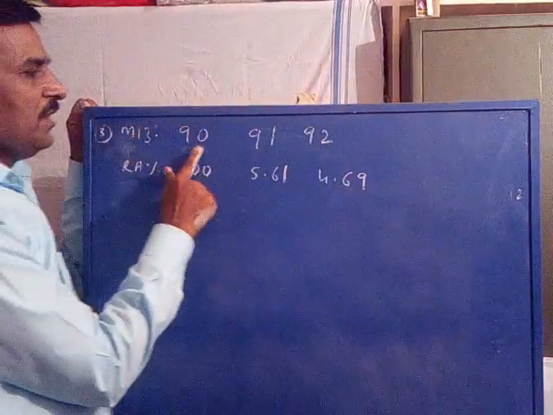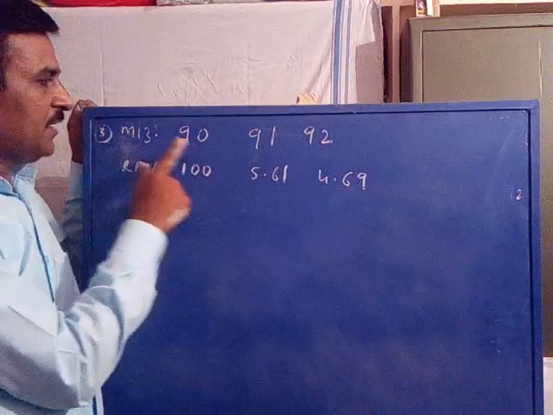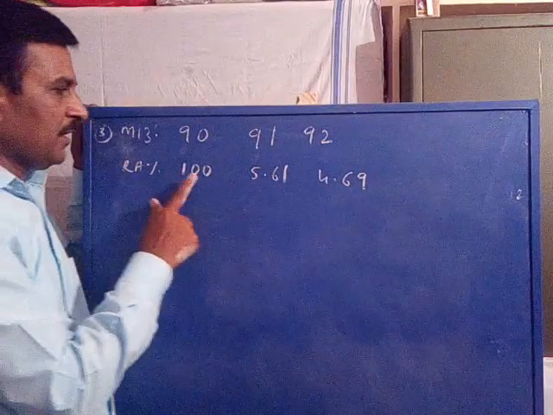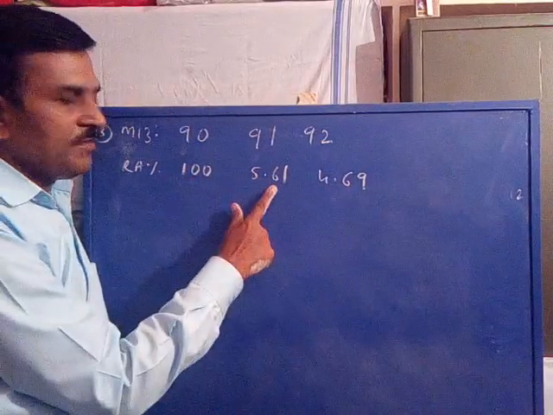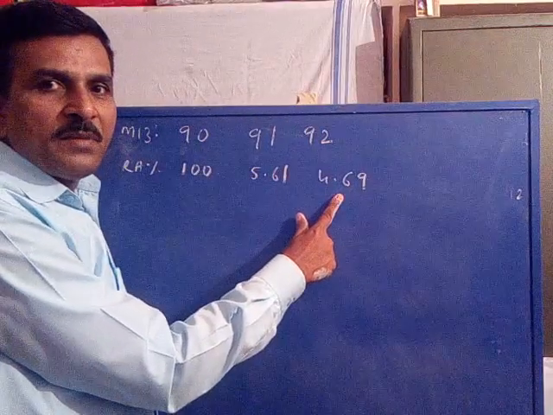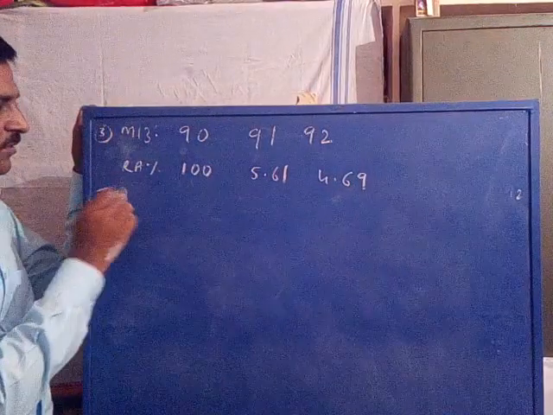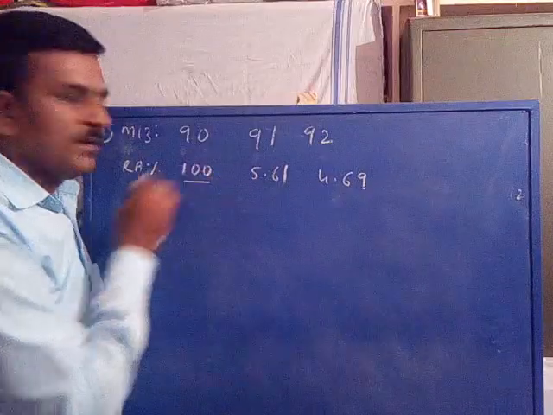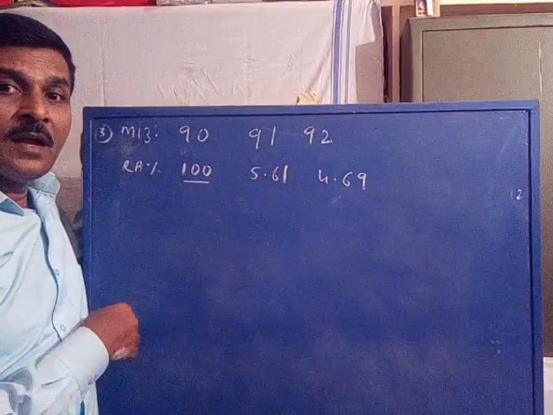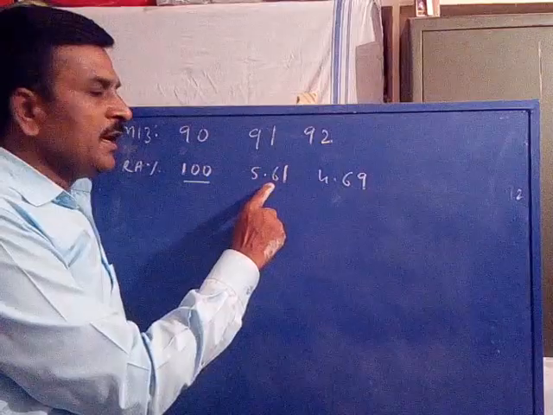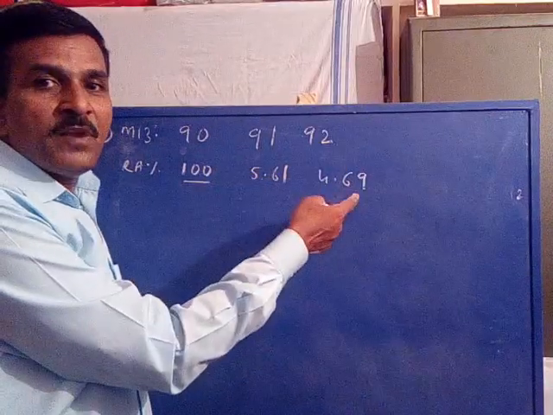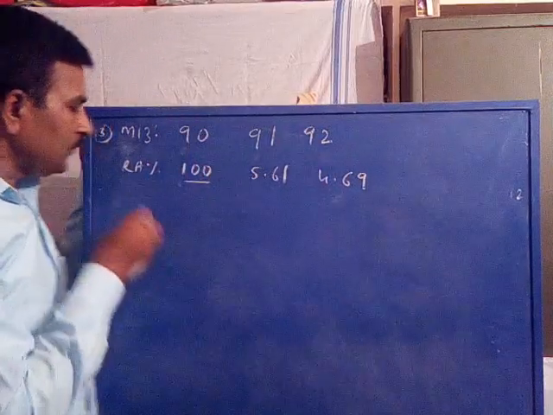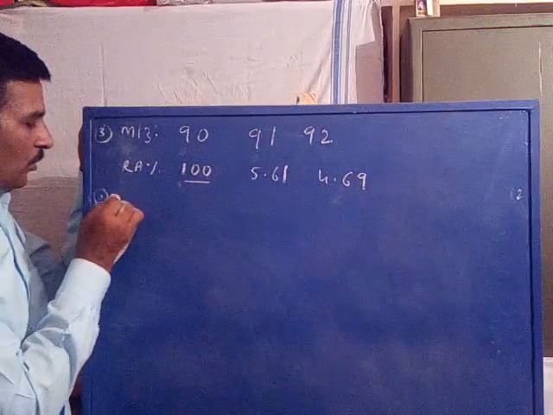Now a series of signals at higher m/z values is selected, 90, 91, 92. The relative abundance percentage is obtained from the spectrum. Say it is 100%, this is 5.61%, this is 4.69%. Now in this case, where the molecular ion signal intensity is already 100%, there is no need to recalculate. Therefore there is no need for proportional recalculation of +1 and +2 because it is already 100%. Therefore there is no need to apply the first guideline. Now coming to the second guideline, the nitrogen rule.